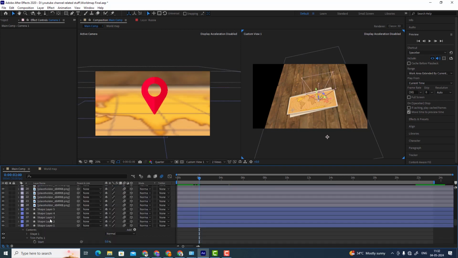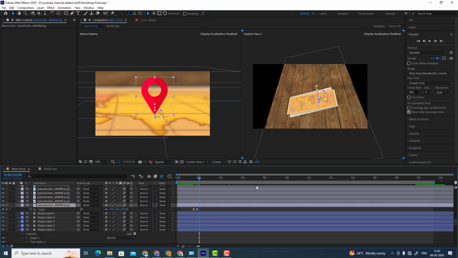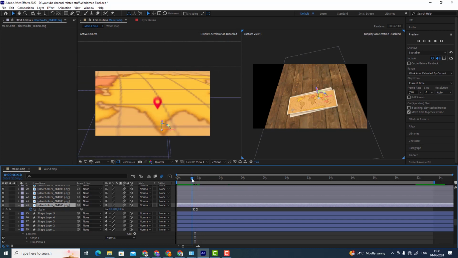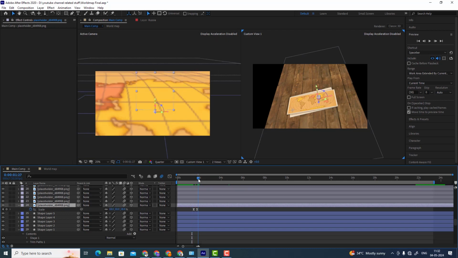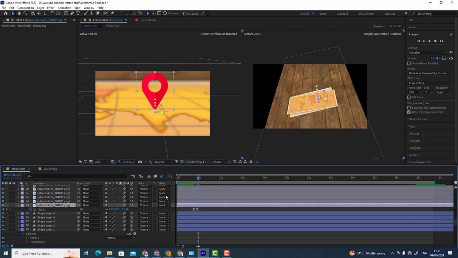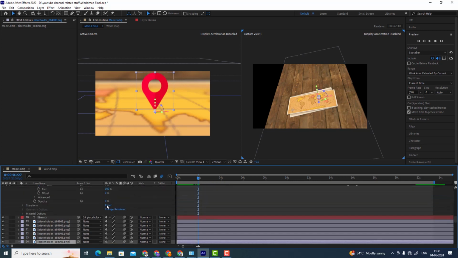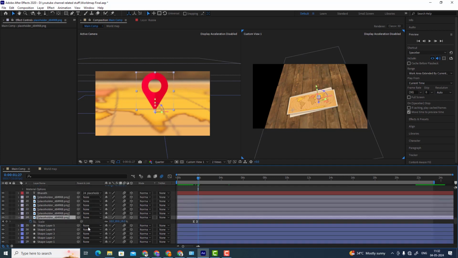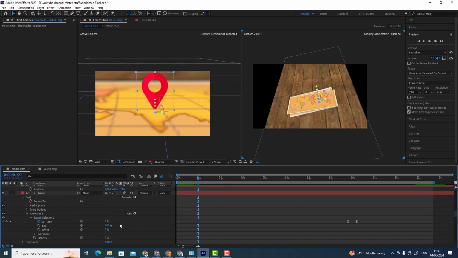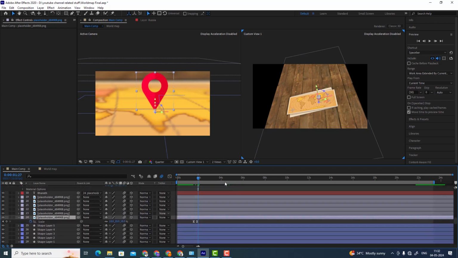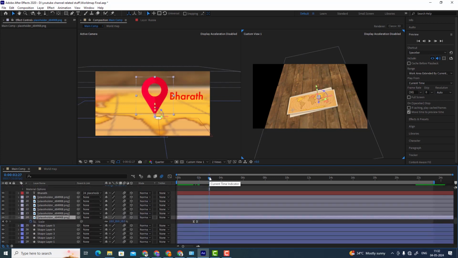So you can go here, placeholders, and here I animated the scale. Okay, and the scale animation starts at 0, and when it reaches the X direction, and when we can see the map of India or Bharat, the scale is increased to 80. Okay, hope you understand. And now we can see the text is forming here, and this text animation is very